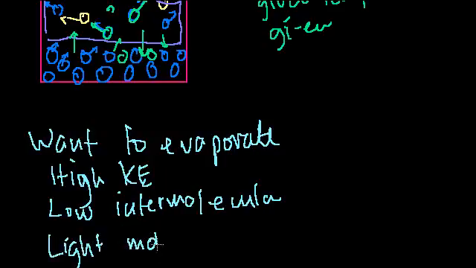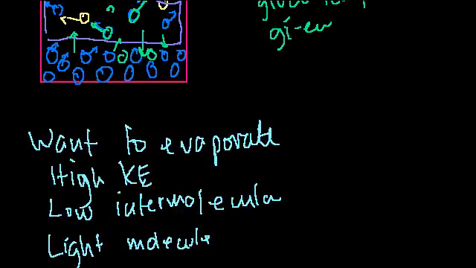Light molecules. You could look at the physics lectures, but kinetic energy is a function of mass and velocity. So you could have a pretty respectable kinetic energy, but because you have a high mass and a low velocity. So if you have a light mass and the same kinetic energy, you're more likely to have a higher velocity. You could watch the kinetic energy videos for that. But something that wants to evaporate, it's a lot of its molecules.